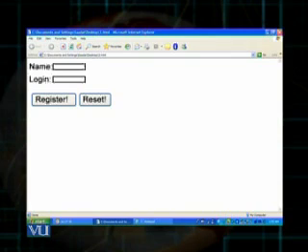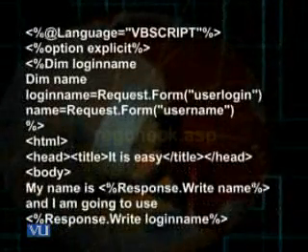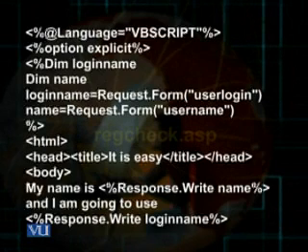We shall do the coding for this ASP file in this fashion. You can see, within the delimiters, I write language equal VBScript, then option explicit, then I declare the two variables with dim login name.